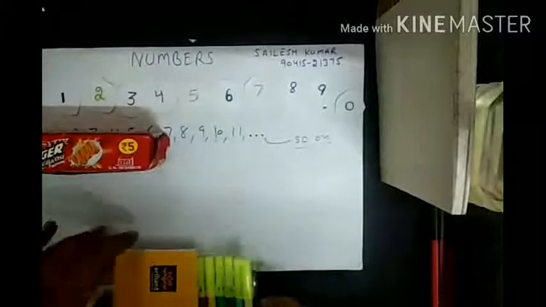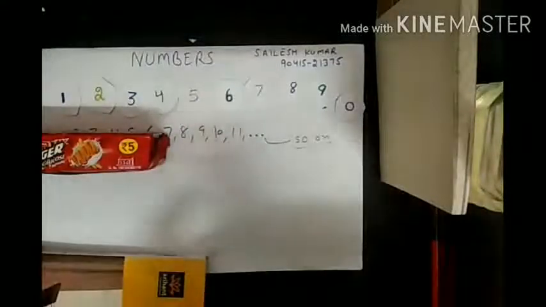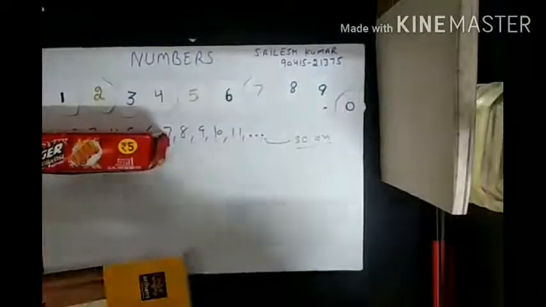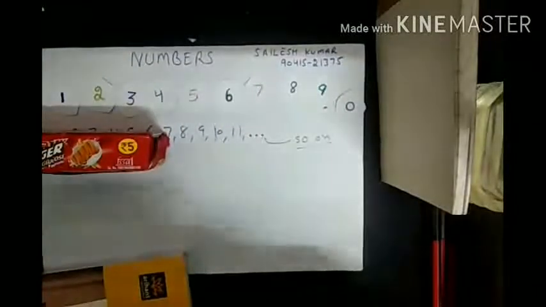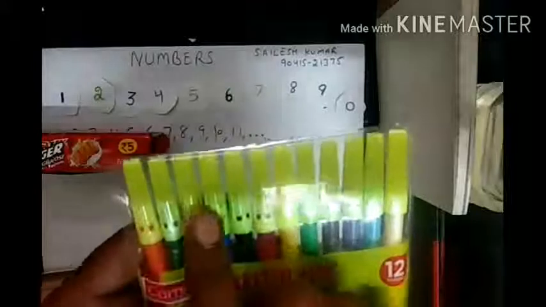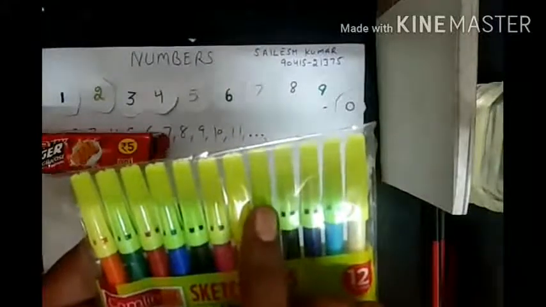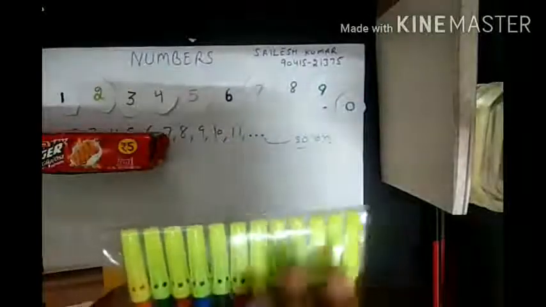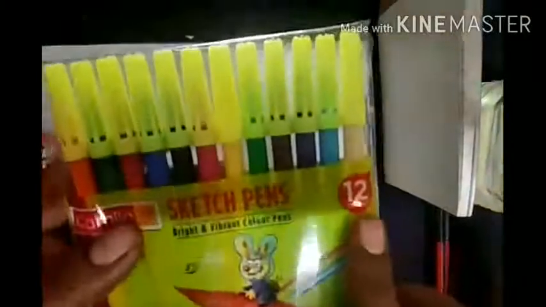I place it here. If you purchase a set of sketch pens, then you go to the market and ask him to give the collection of sketch pens, and you ask how many colors should be in one packing? 1, 2, 3, 4, 5, 6, 7, 8, 9, 10, 11 and 12. Now this is counting, these are the counting numbers, 12. And also you will check for its price, that is 25 rupees. This is also a number.